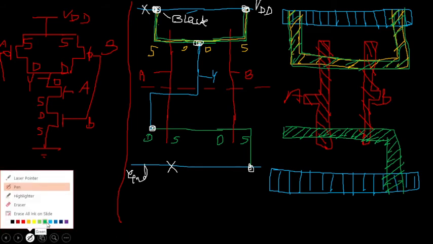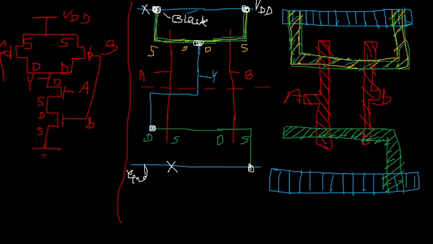And now a metal line will be used. Okay, so a metal line is extending from both the drains to here. So a metal line will be extended from here to here, and a metal is always a straight line, so you will make straight lines. So the straight lines will be used for metal, and here you can show the output also, that is your output Y.